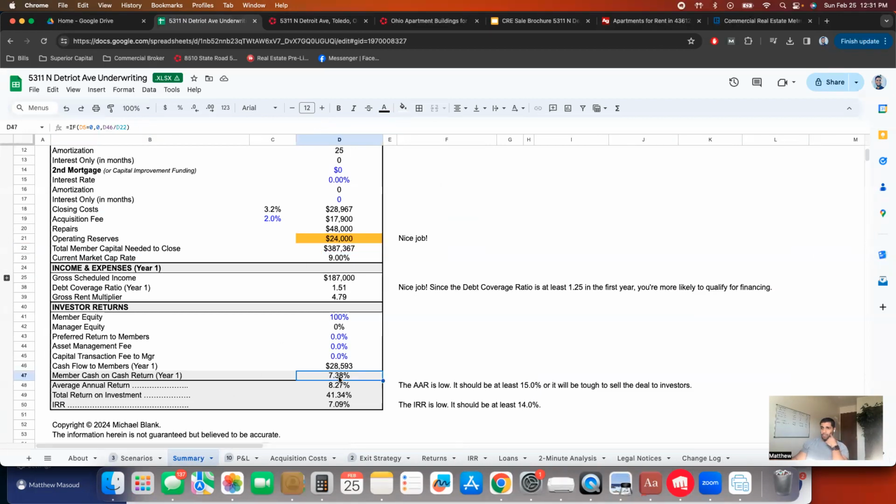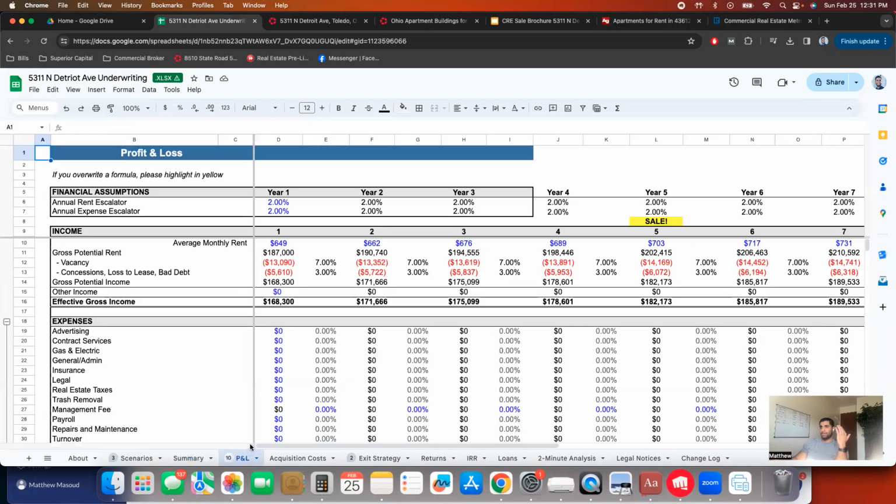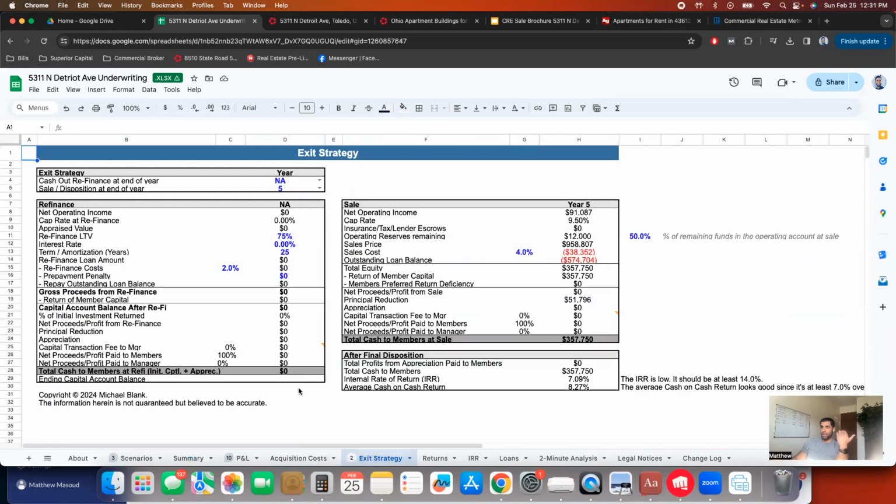So we're looking at a 7% cash on cash return after the property stabilized. The average annual return is fairly low. The total return on investment is higher, but a lot of that depends on how long you're going to hold the property. So the exit strategy here is another important part to fill out. So this is saying when you plan on having major events. So we're saying we're not going to be doing a cash out refinance, and we're going to be selling the property after 5 years. I like to underwrite a year 2 refinance, 5-year exit,